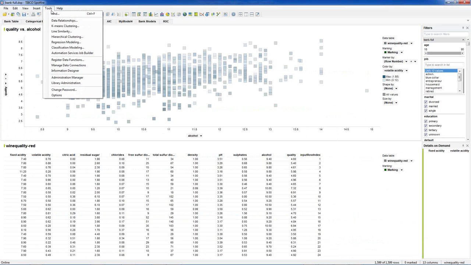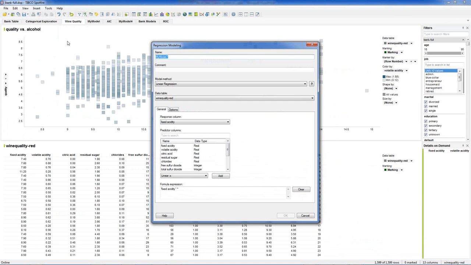So from the tools, we'll do linear regression. Choose regression modeling. And here I'm offered this choice of picking the response, which in our case will be quality, and the predictors, which will be everything else. I can add them to the model. I can also add predictors on a nonlinear scale.